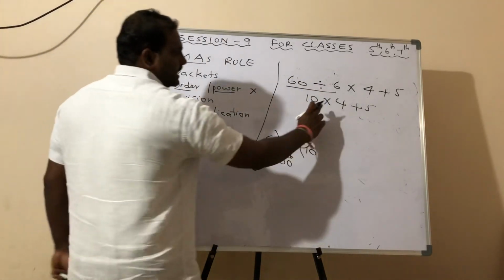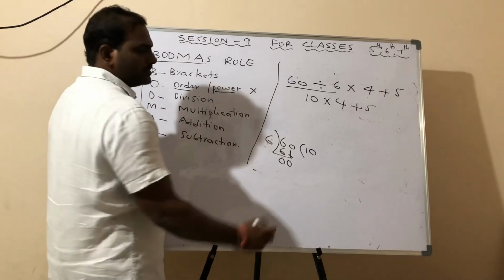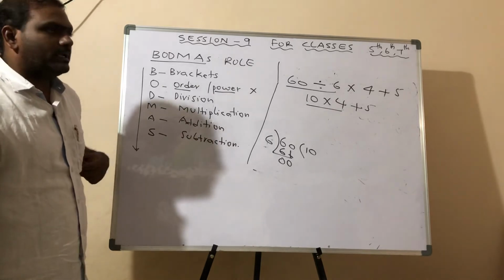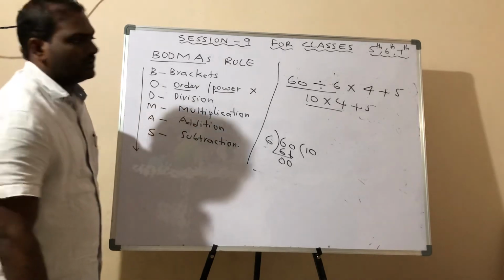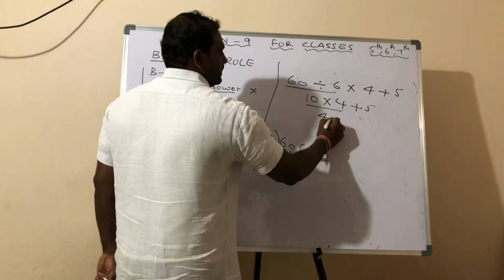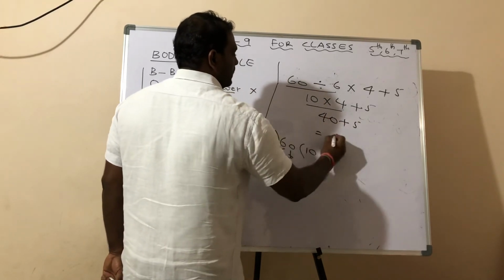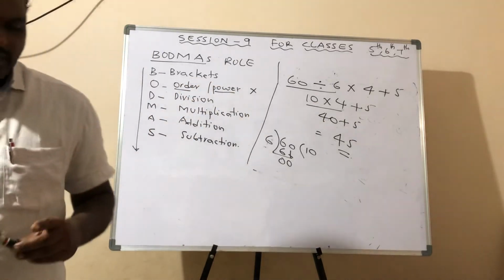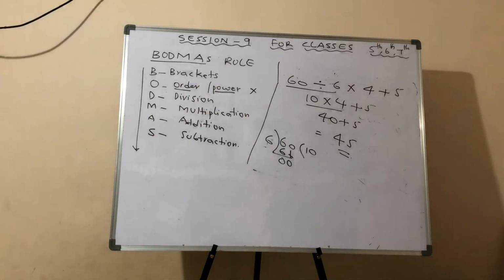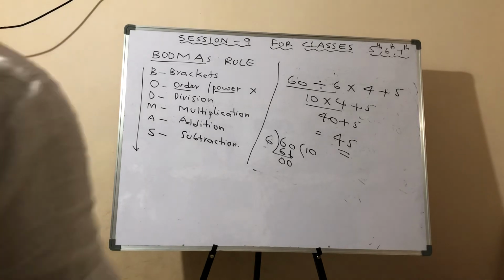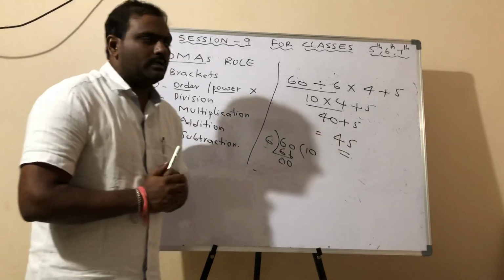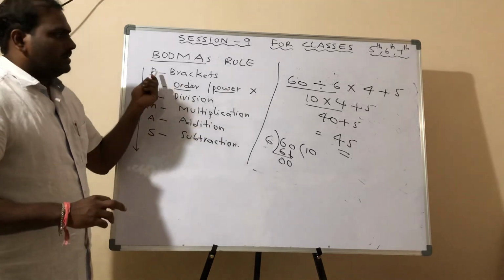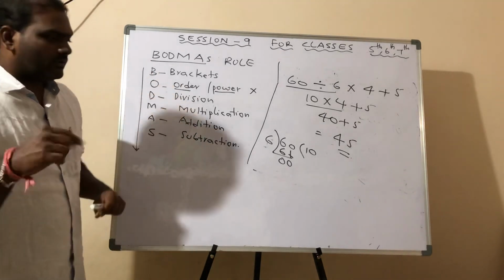Next, again look at this. I have multiplication and addition combination. So what should I do? I have to follow the multiplication first. So what is the multiplication? 10 into 4. How much is it? 40. 40 plus 5. So obviously the answer is 45. So whenever you are given these combinations of sums, what you have to do is you have to follow a particular method. This one. What is this? Bodmas rule. Brackets, divisions, and we will explain one.